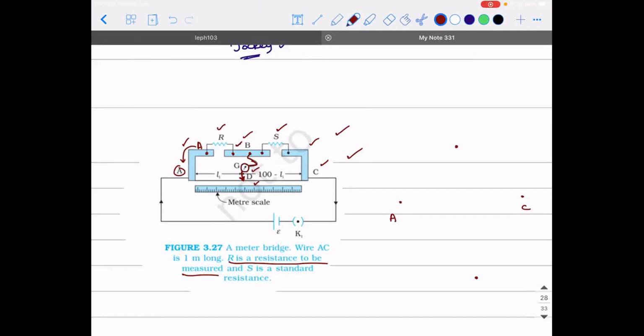So between the points A and B, how many resistors are going? One, sir. And its name is R. Between B and C, how many resistors are going? There is one more, which I call S. Now, between A and D, I'm able to see this wire. Correct? I told you about that wire, no? That wire